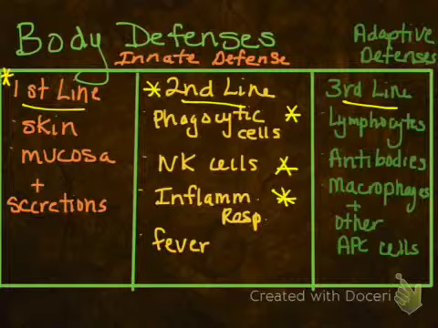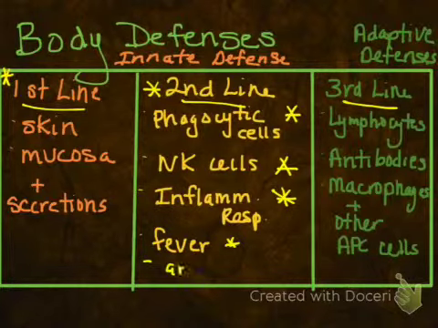Another thing that we have is fever. When we have invaders in our body, our white blood cells, once they recognize them, will secrete things called pyrogens. Pyrogens are then picked up basically by the hypothalamus, and the hypothalamus says, okay, I have to systemically turn up the temperature to increase the metabolic rate so that we can crank out immune cells to help deal with this bad guy. And then I missed one thing down here, and that is